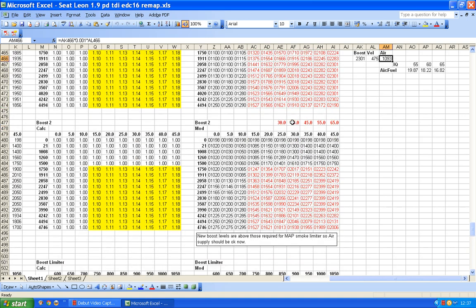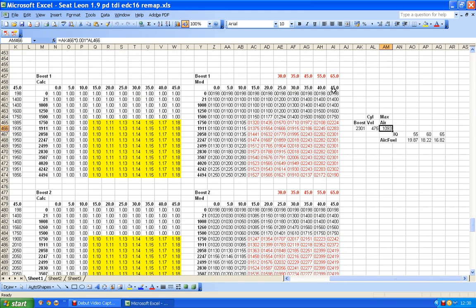And then I would repeat the process because there are two boost maps, so I would repeat it for here. This boost map's got slightly different values. They are in fact slightly higher, and so if anything my air supply is going to be slightly better, so I don't have to worry about any other changes. I can probably stick with these. So I would put those in. So that would give me reasonable boost changes.